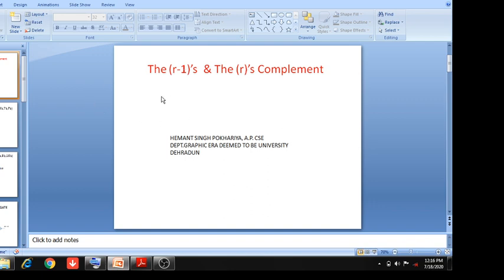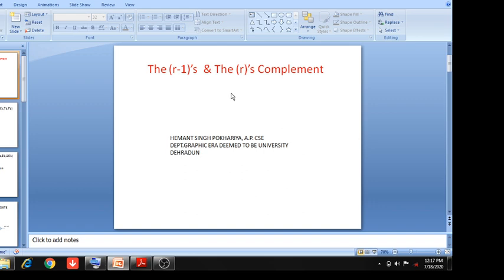And what is the use of r minus 1's complement and r's complement method? These are very important for computer subtraction. While you perform any subtraction, these two are very useful, r minus 1's and r's. So actually what happens in computer, we do not subtract. Okay, just we add. Suppose you have to subtract 3 from 5, means 5 minus 3. We do not perform subtraction operation.